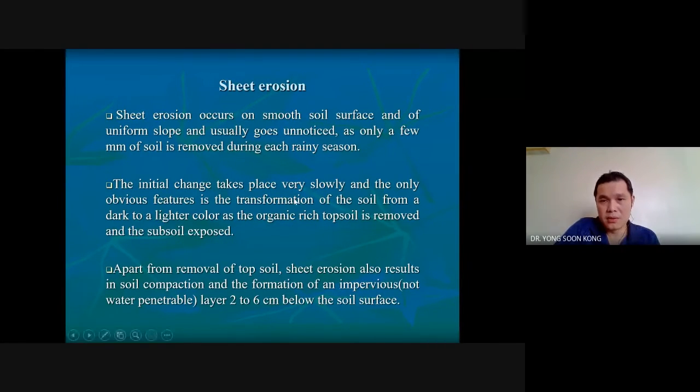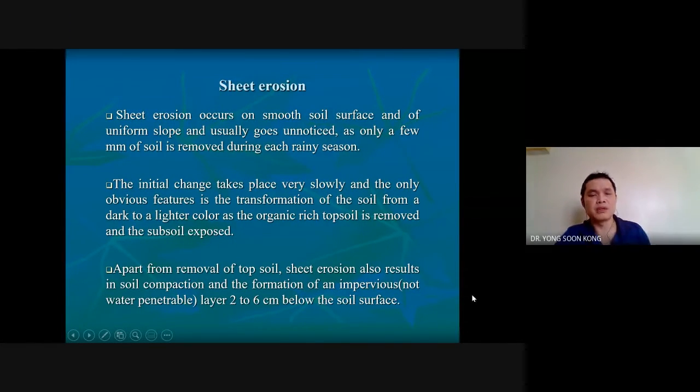Okay, but it happens a lot of time in Malaysia because why? We have a lot of rain, constant rain, and this is the one that actually caused all the erosion in Malaysia. Now, the last point. Apart from removal of topsoil, sheet erosion also result in soil compaction and the formation of